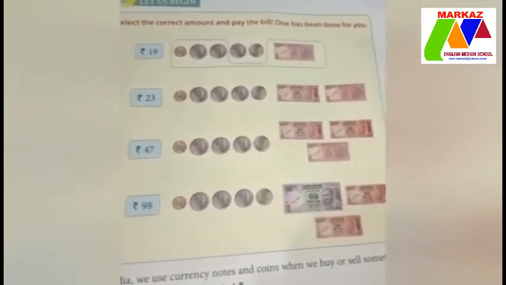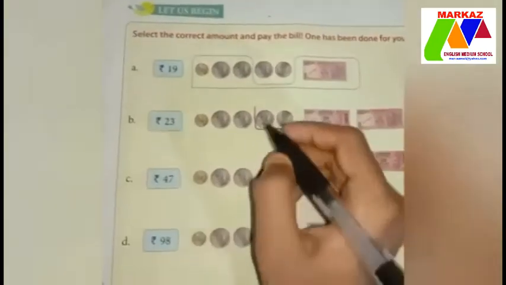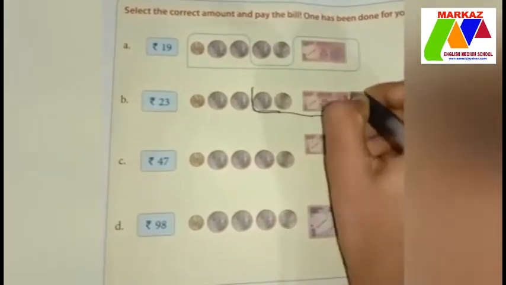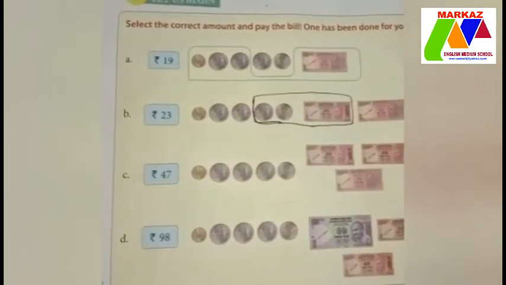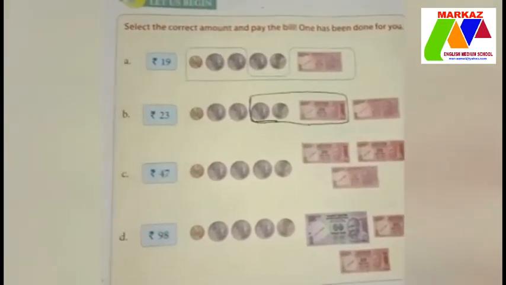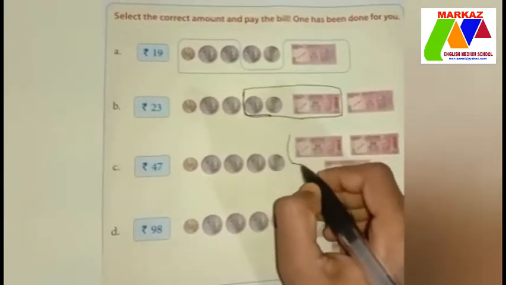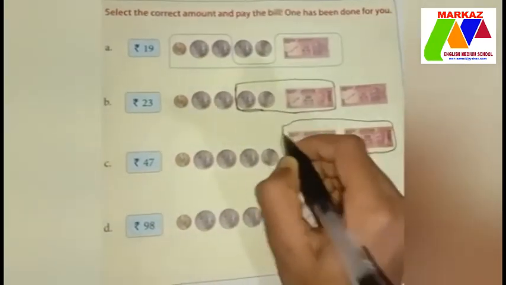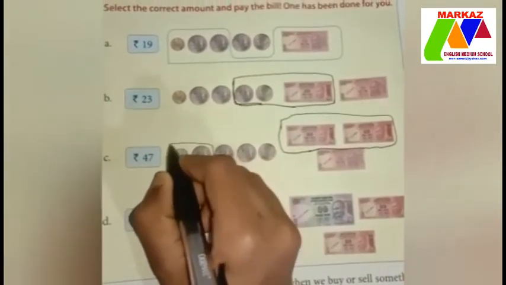The second amount is rupees 23. Children, can you select the correct amount? Yes. We select 1 20 rupee note, 1 2 rupee coin and 1 rupee coin. Next, to make the amount 47, we can select 2 20 rupee notes, 1 5 rupee coin and 1 2 rupee coin.